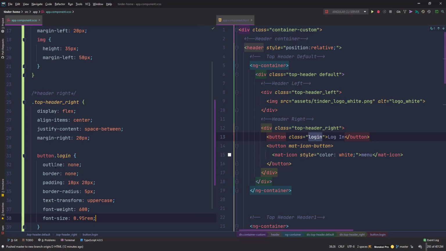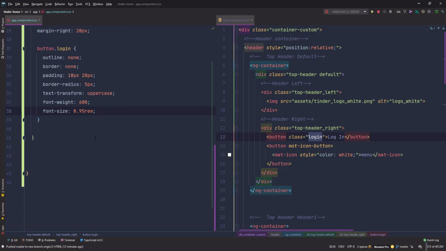So I'm using rem units. It's actually the multiple of your current body element. So current font size of your body. So if your body is 16, it will be 0.95 times of 16. That's a little bit lower than 16 actually. Okay,